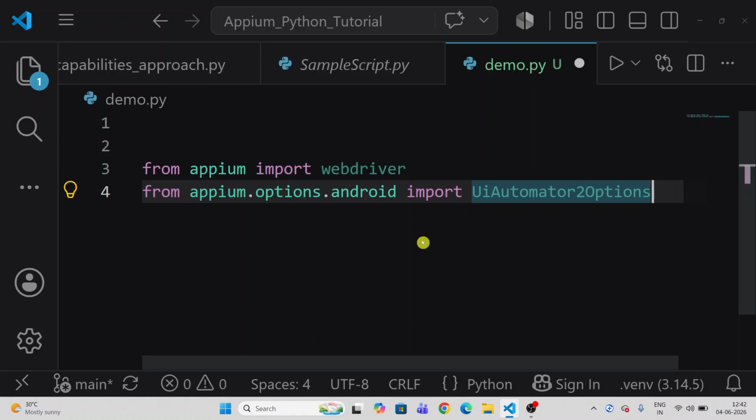See what happens when many beginners use this import statement in their scripts without understanding what they actually do. These two import statements. By the end of this video, you will know why these imports are required and how they help in creating